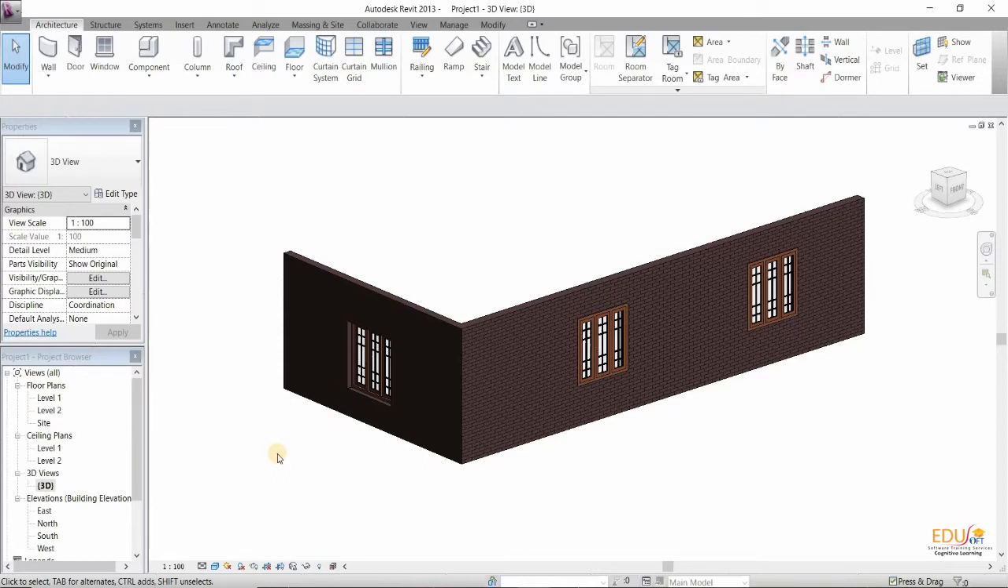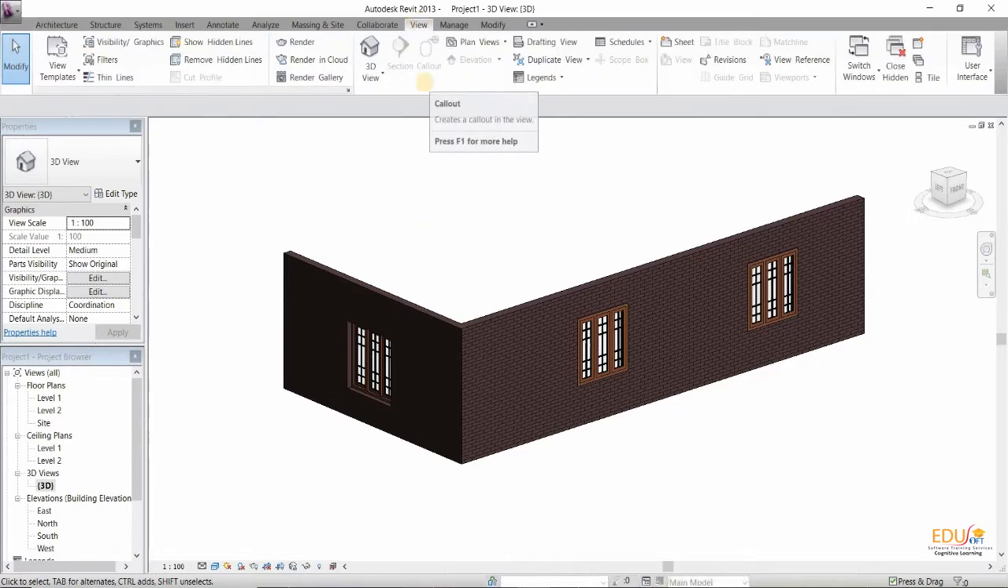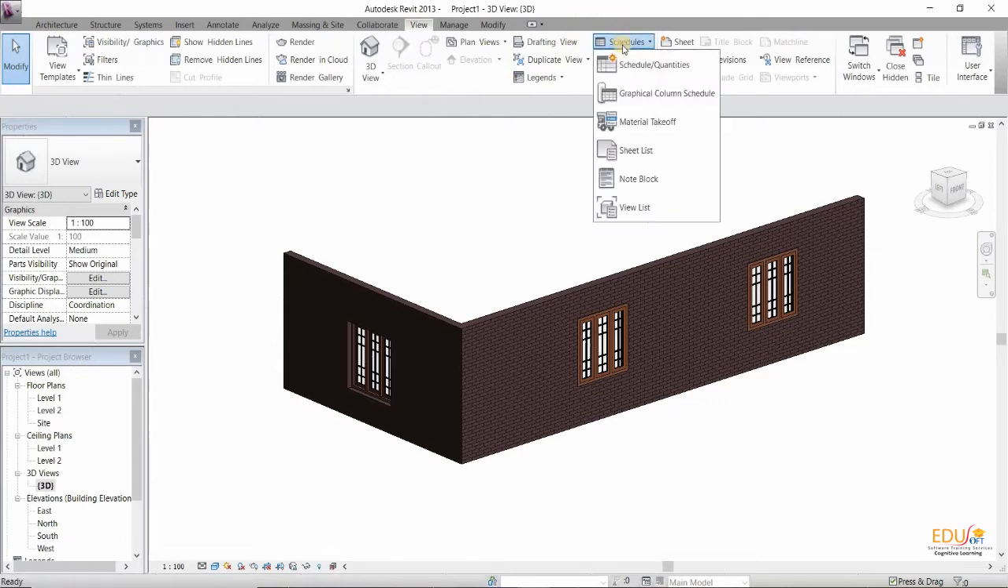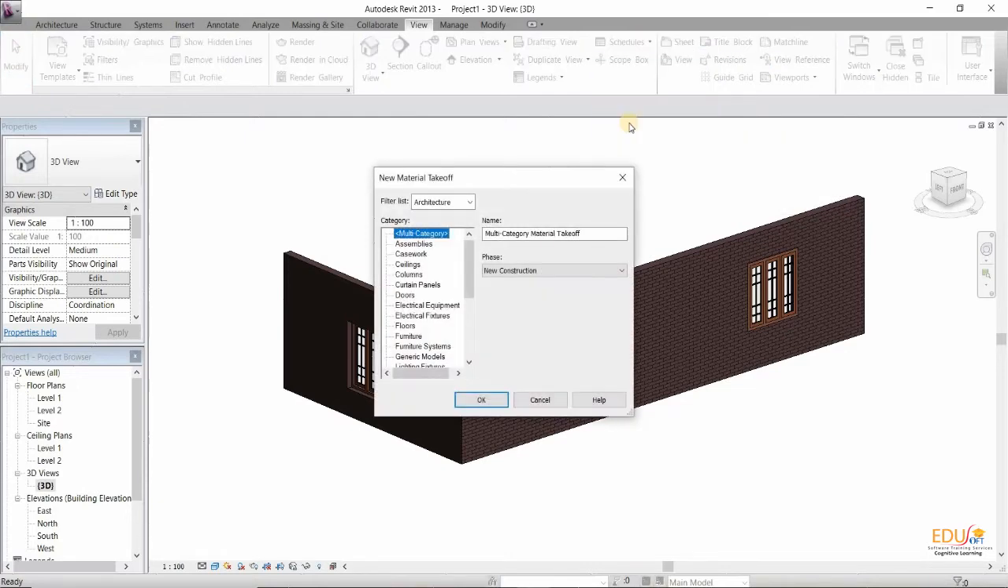To create a material takeoff schedule, first we go to the Create panel in the View tab, and select the Material Takeoff option from the Schedule drop-down menu. In the New Material Takeoff dialog, click a category for the Material Takeoff schedule